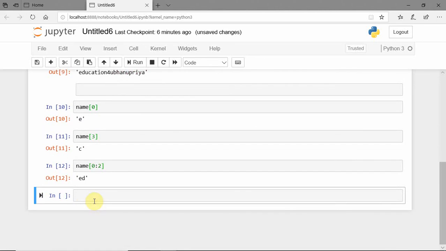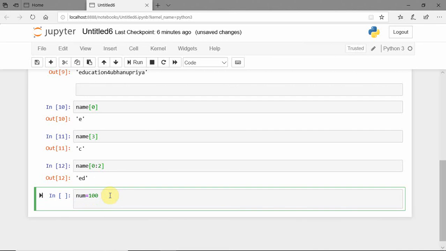Let me execute the program whatever I explained in the previous video. Just I am declaring num is equal to 100. That means I am assigning num is equal to 100 and string is equal to, just keep a single quote. Whenever you keep a single quote, it means it is a string you are assigning. Let's take data science.